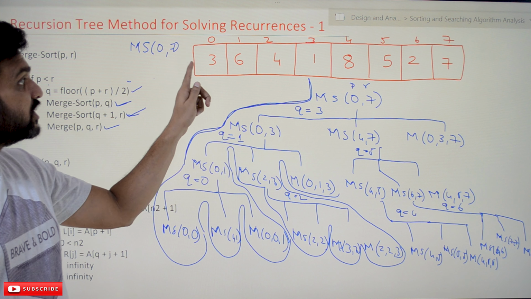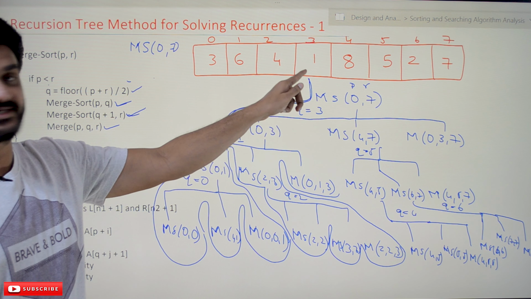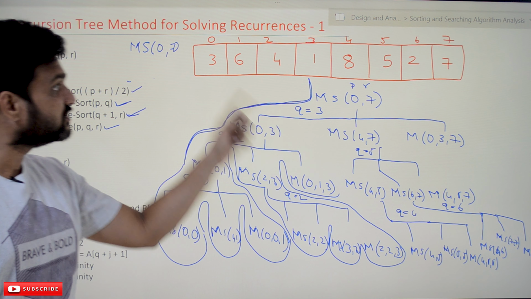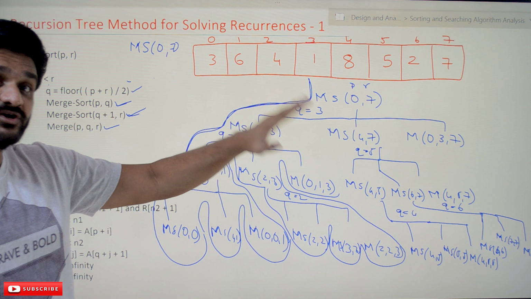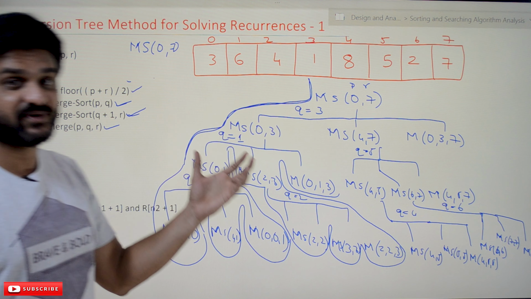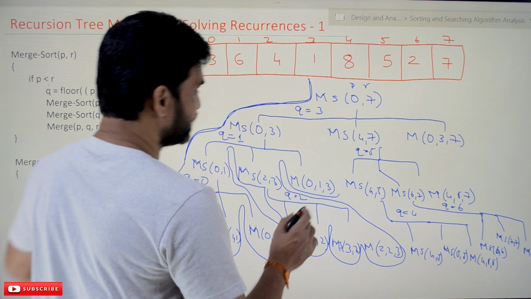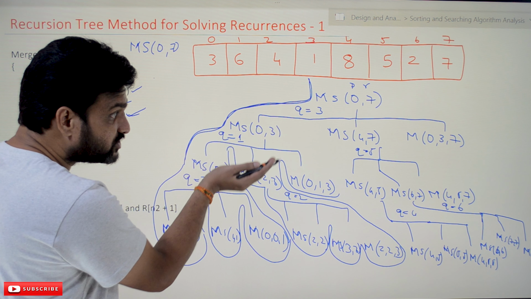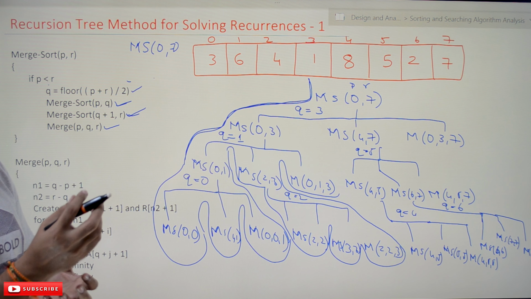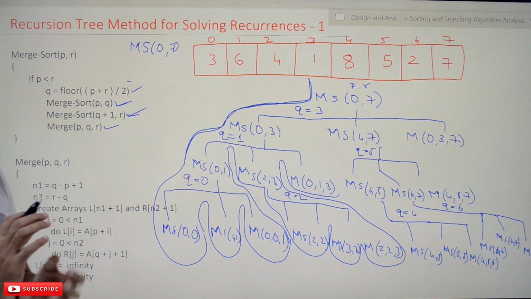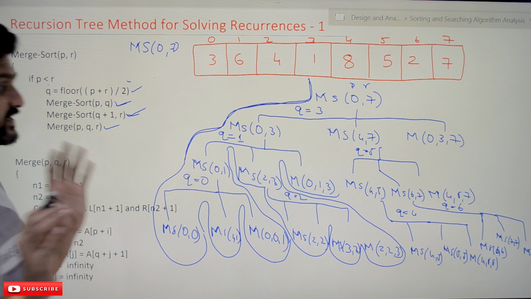It is going to be 1 3 4 6. With this function call, this part of the array will get sorted in the order 1 3 4 6. So detailed explanations are already made for better understanding. So how the things will get executed by using the recursive tree, so that we are trying to understand. We are not trying to understand the merge sort procedure, which we have already discussed in a detailed way.